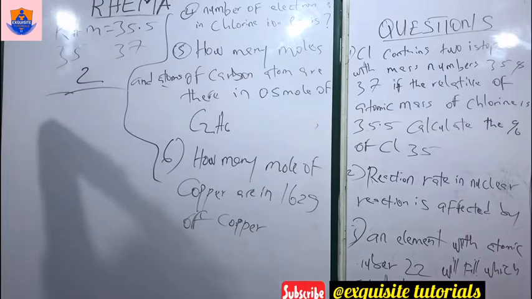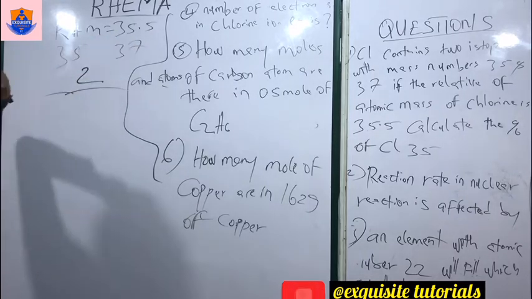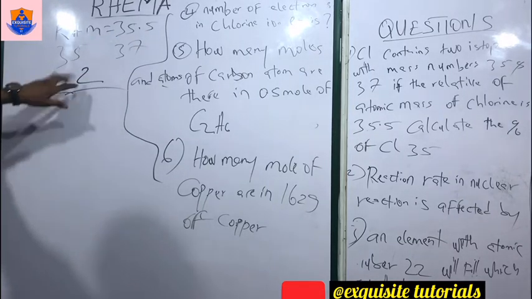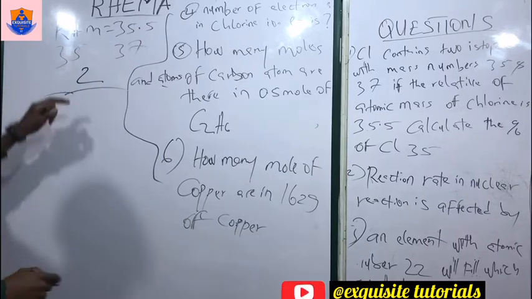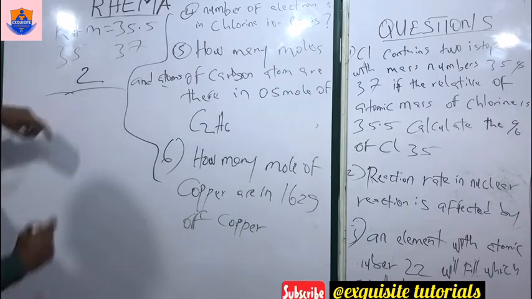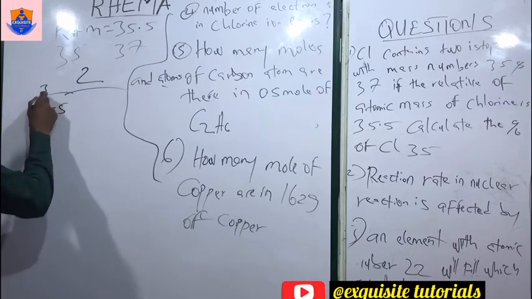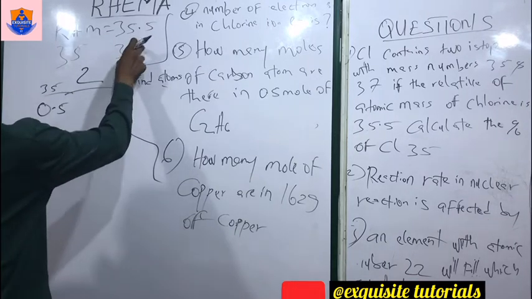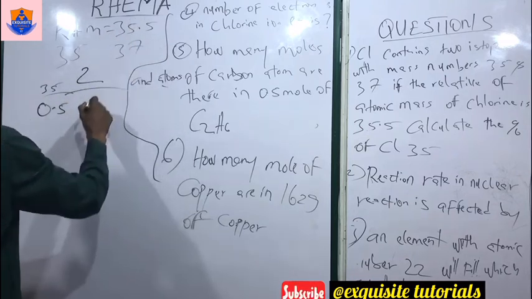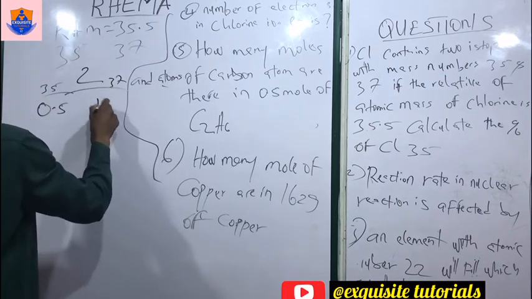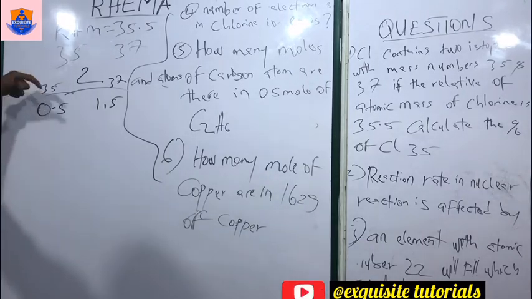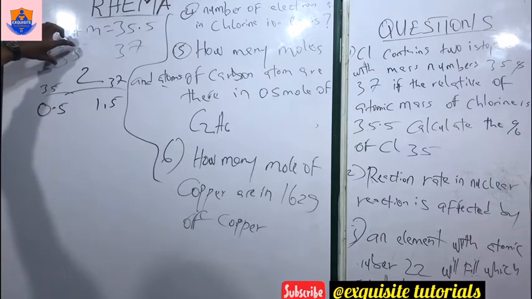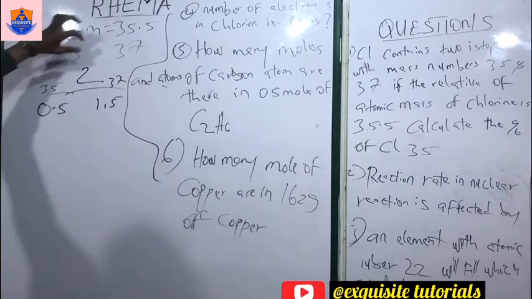Now, when you look carefully, the relative atomic mass is 35.5. If the difference is 2, 35.5 minus 35 is 0.5, which means the difference here is 0.5. That is for 35. Why 37? 37 minus 35.5 is equal to 1.5. What does that tell you? That tells you that 35 is closer to 35.5